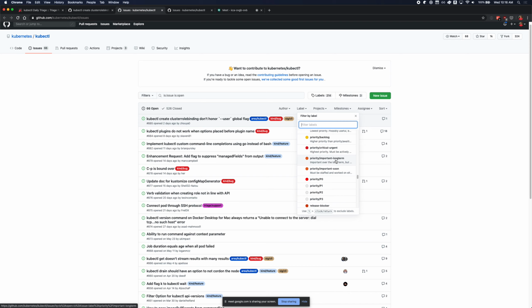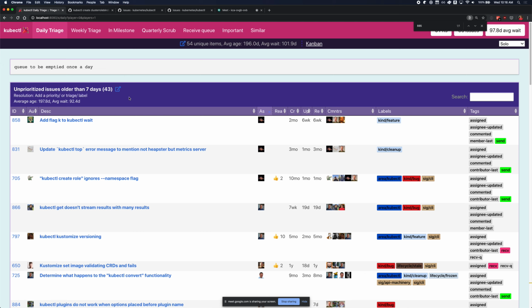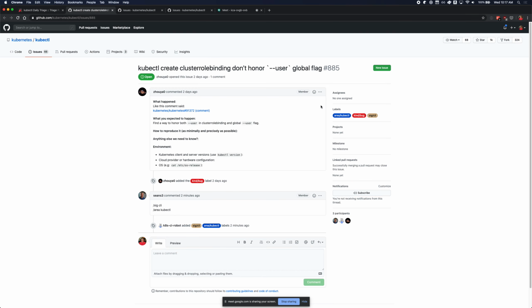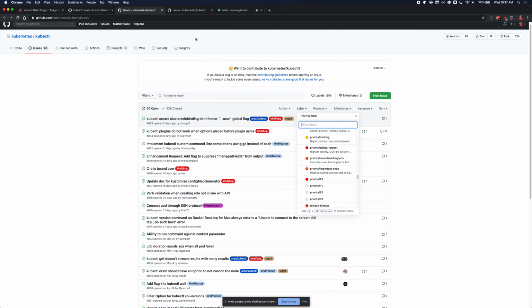Sound reasonable? Yep. Yeah, that sounds great. Do we have criteria? Do we want to try to adopt how they're doing this, where it doesn't show up in this queue if it's prioritized? I don't think we've really used a triage label before, have we? No, but